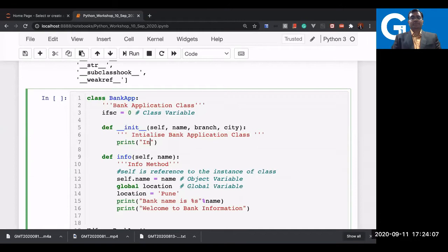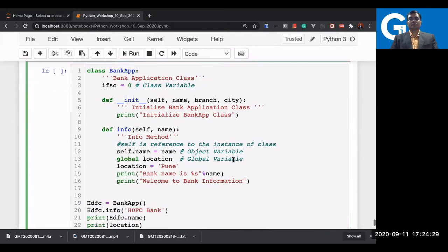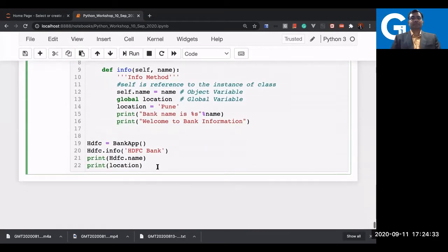So, initialize a bank app class, and we are going to test it now.